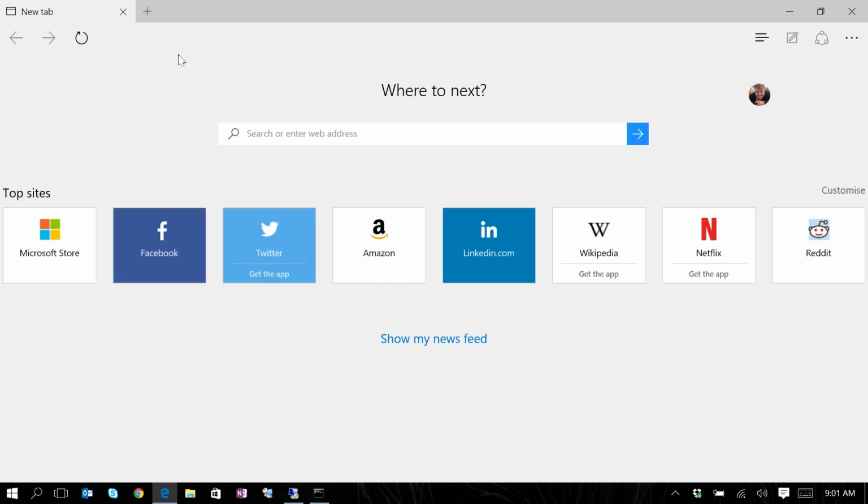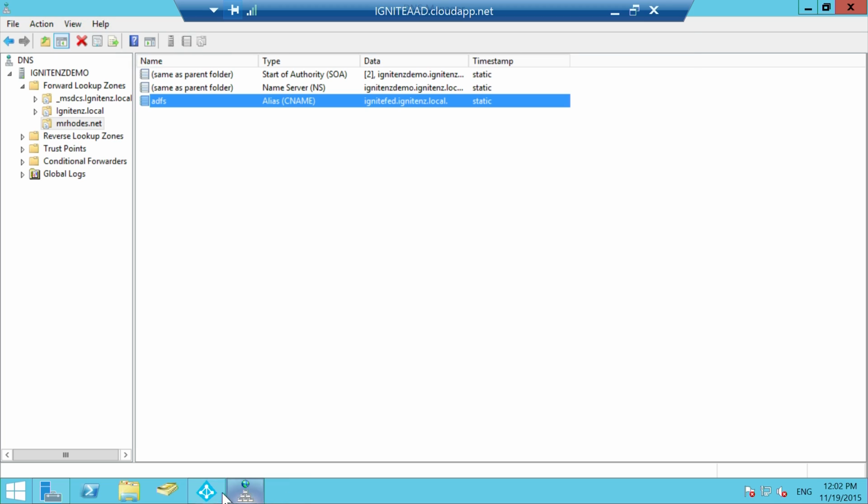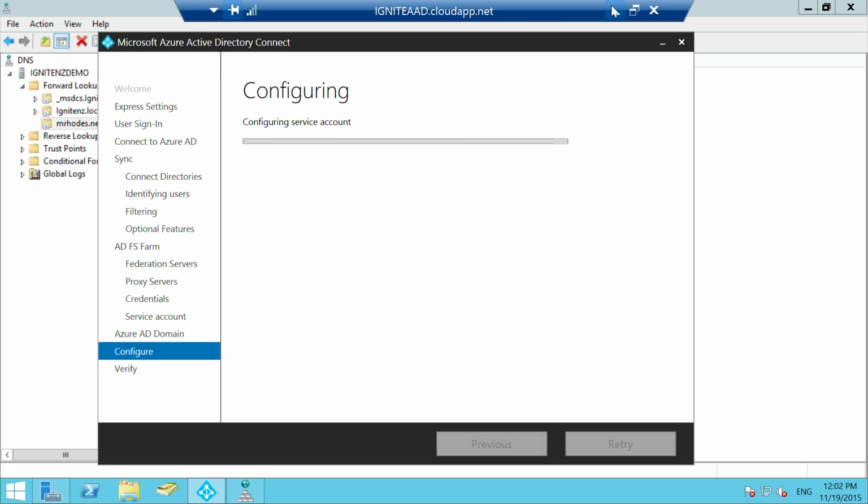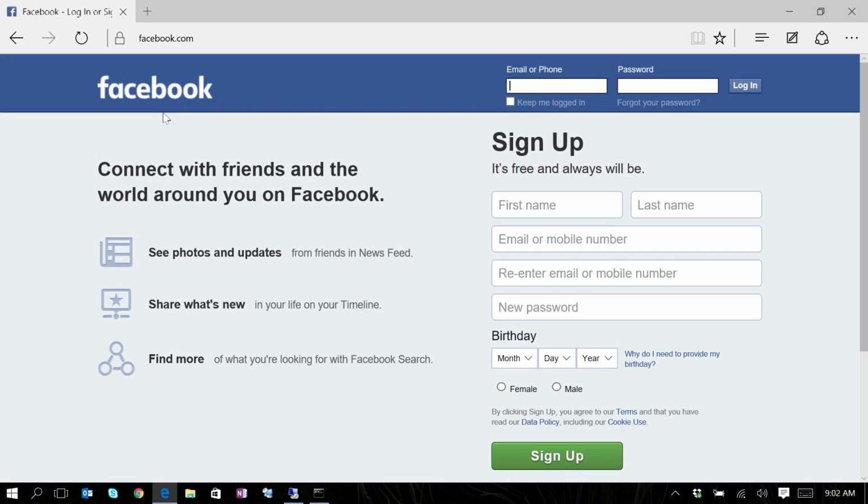Okay, and what I'd like to show you very quickly, I don't imagine this is finished. No, it's not even close. It's going to take about 10 minutes, maybe 15 to do that. So let's go to